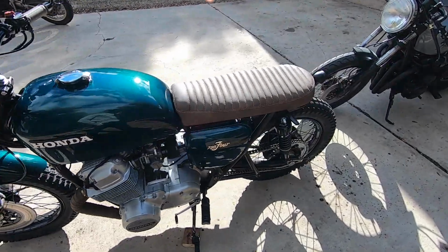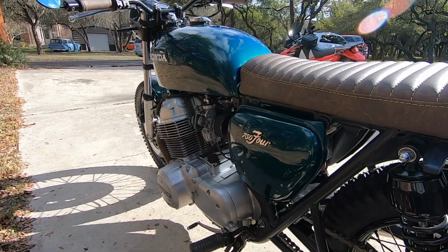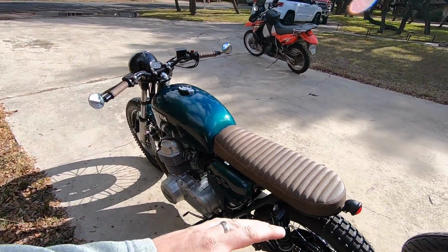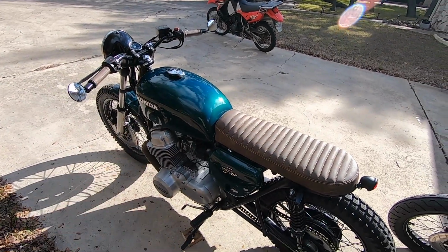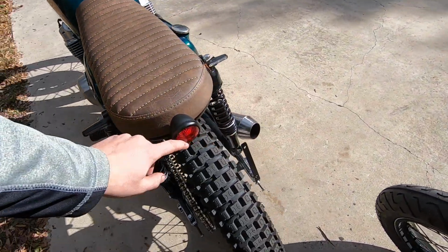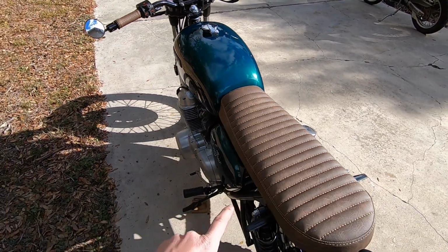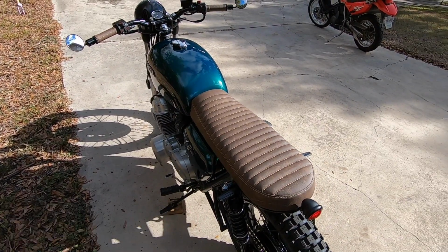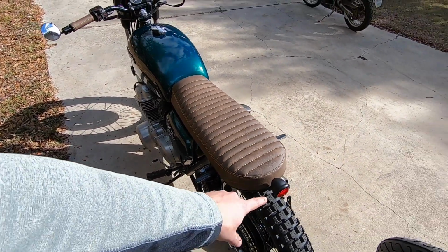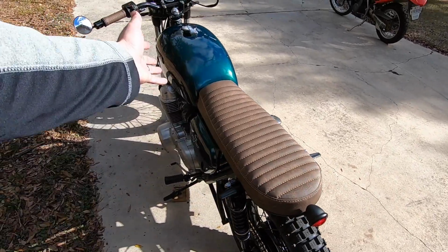All of the electronics and everything on this bike were completely gone through as well. So we replaced the entire wiring harness, the handlebar controls, everything. Obviously brand new battery, regulator rectifier, turn signal, all that kind of stuff was completely gone through and replaced. We are running, I still have my key on, turn that off for now. We are running LED turn signals front and rear, running a little bit larger ones, same ones I ran on that previous build. Of course, we did a frame hoop with a center mount LED brake light,